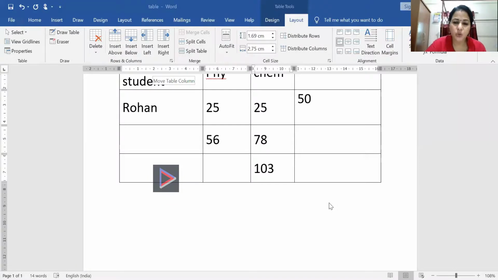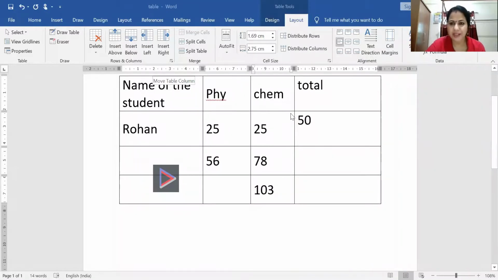Now next, let's see how to update the data. Updating means suppose my data is changed somewhere, such as a mark being modified, then how is the total affected? In Excel it happens automatically. If you change the values, the result changes automatically, that is updating. Here you have to press a key. Suppose this is the formula, based on the sum of these two numbers. If I change this number to 20, it does not change the result, it is still 50.